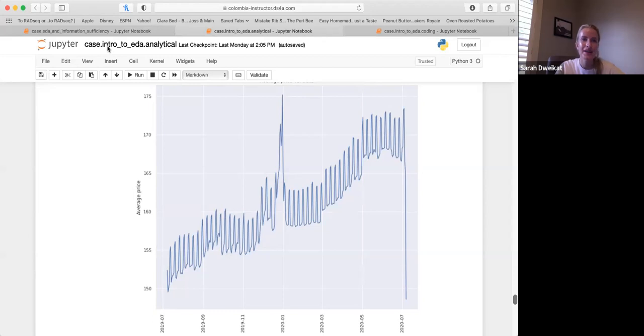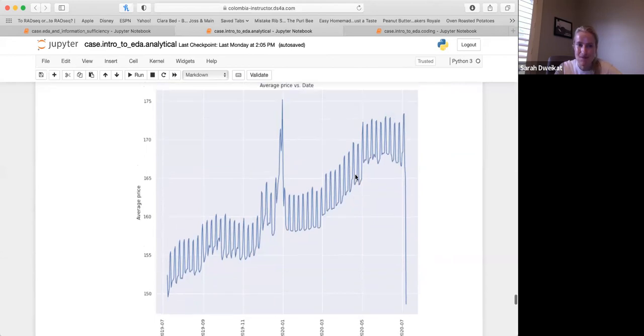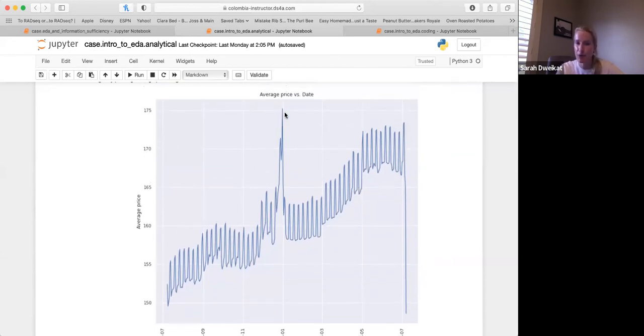Okay, so yes, good answers here. That yes, this is most likely real, especially because of the average price. So it's important to look at a couple of things. When you see your data spike, it's important to look at the context. We see this spike in average price, but it's not huge. It didn't spike all the way up from 165 to 500. It wasn't something that would be kind of out of the norm. It went up about $10. So not a huge spike. So you can say pretty reliably, yeah, that's real.